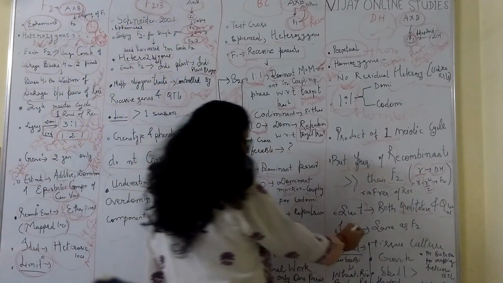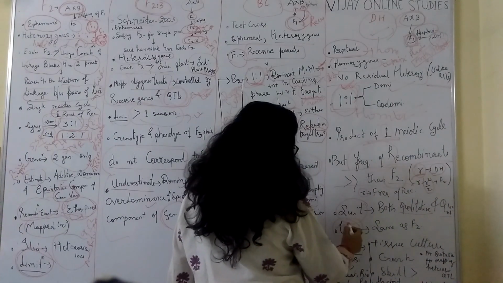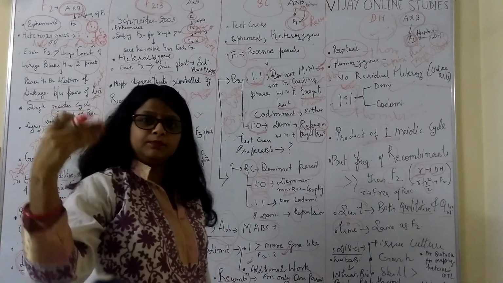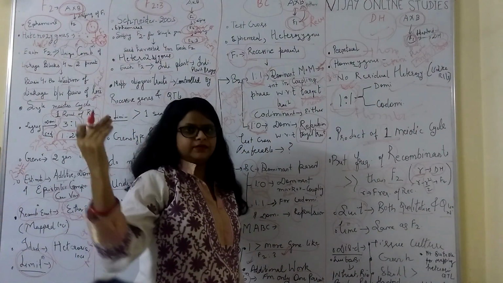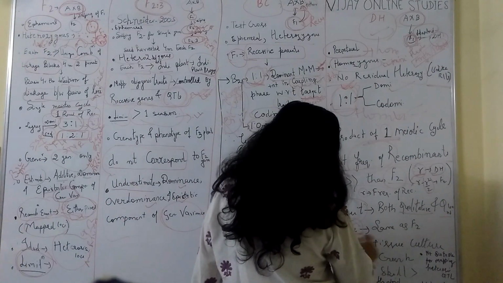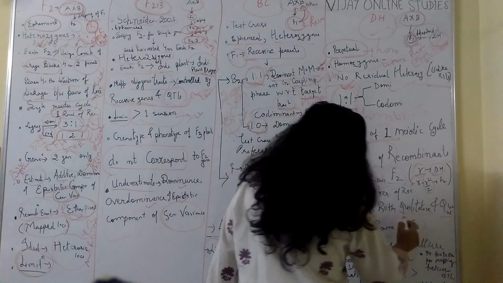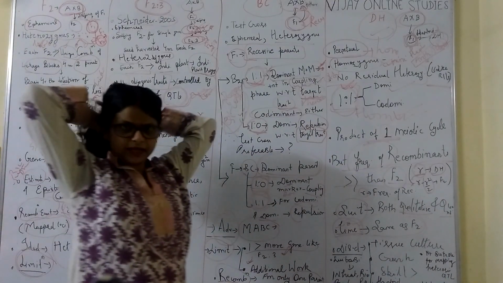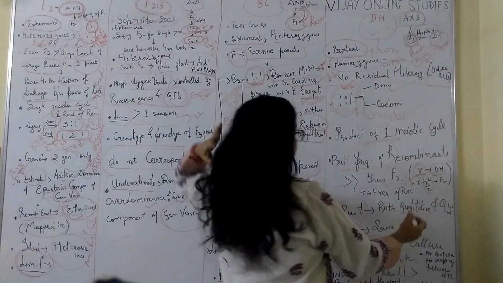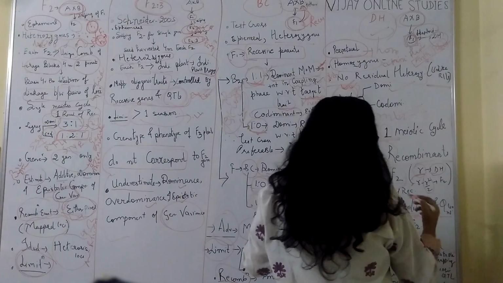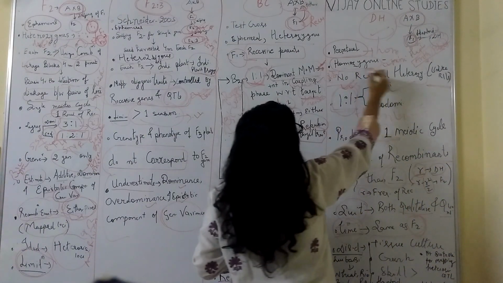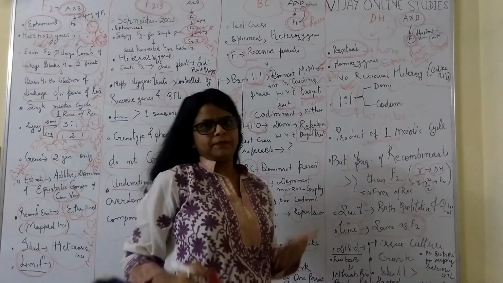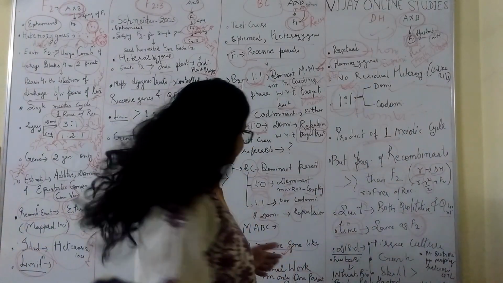And time is again an advantage over RIL mapping population. For development of RIL, it takes more than 3 or 5 generations. And for this, it's like F2. Same, like F2 mapping population you are developing. It's the same time it's taking. So it's the best possible minimum time in which you are developing a mapping population and getting a homozygous and perpetual mapping population, which is suitable for mapping quantitative traits also.